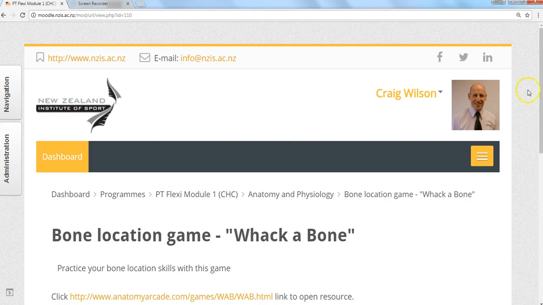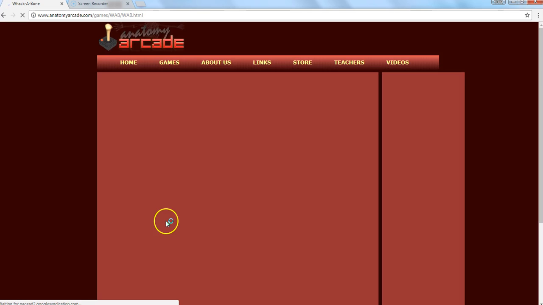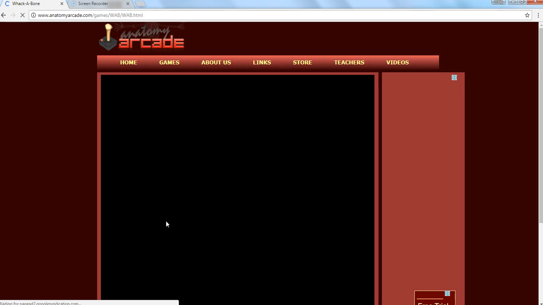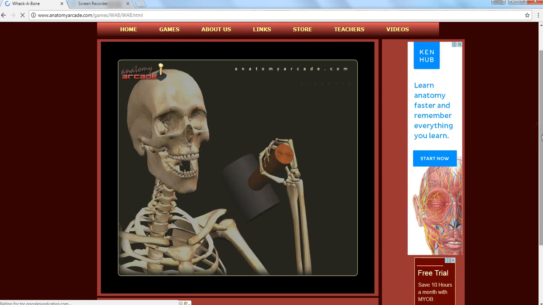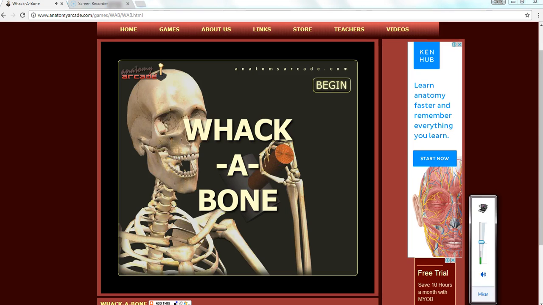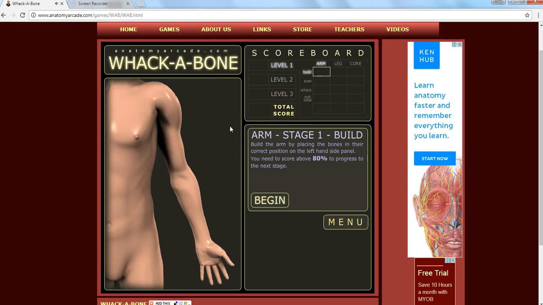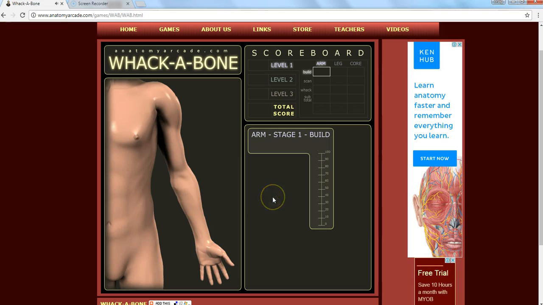and it will take you to a link, and then we click on the link, it'll open up inside the same browser, and this one's called Whack a Bone, for example. So they're usually just little games, pretty catchy tune you can see there. Might get rid of that for a second. And it's pretty self-explanatory. You would go in, for example, just follow the prompts where it says begin, and